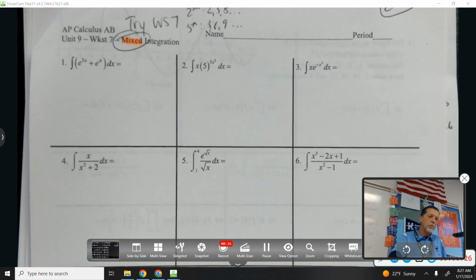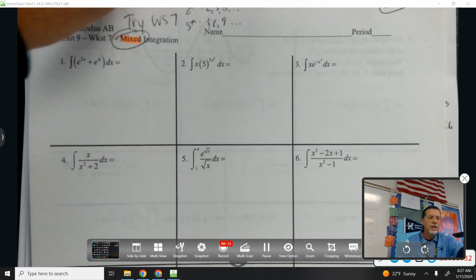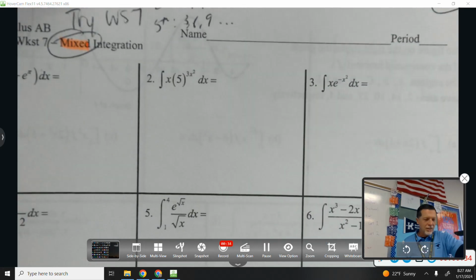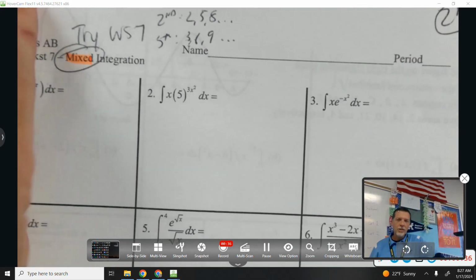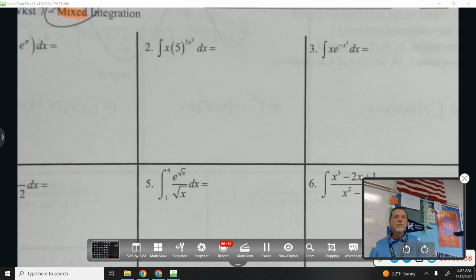And so we've got to know all of them well enough to recognize which one it is, and then also to actually do the problem. And so that's what makes this worksheet and the test a little bit trickier. So looking at number 2,